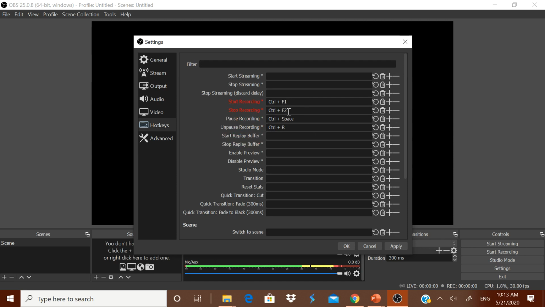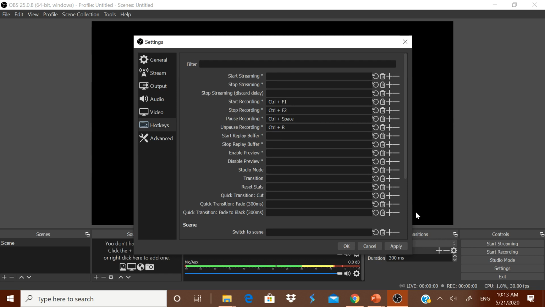For stop recording, I have used Control plus F2. For pause recording, Control plus space, and to start again, Control plus R. You can fix these as per your convenience. Unpause means you have paused it and you want to continue the recording.